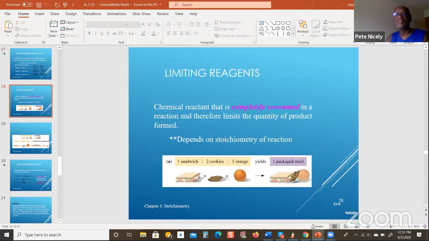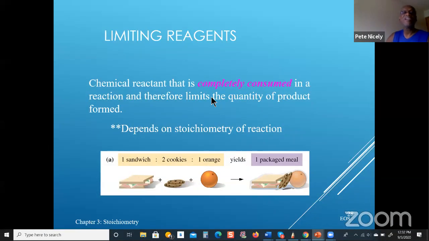And of course, the key thing you need to remember is to make sure that the equation is balanced, because if the equation is not balanced, then you'll more than likely end up with the wrong mole fractions, and therefore the subsequent calculations will be incorrect. Okay, so with that out of the way,